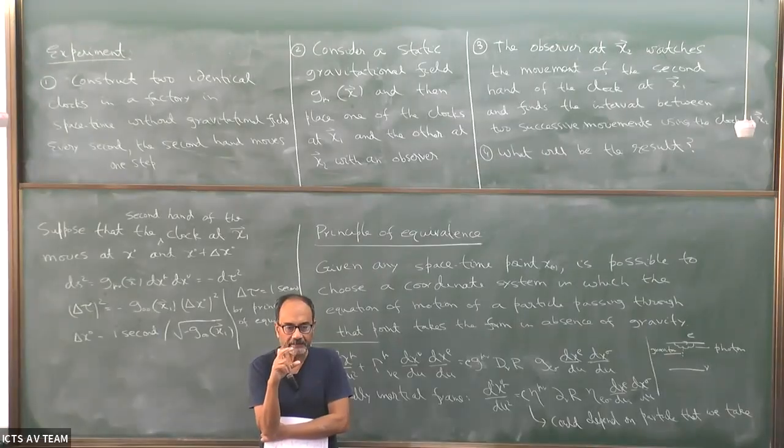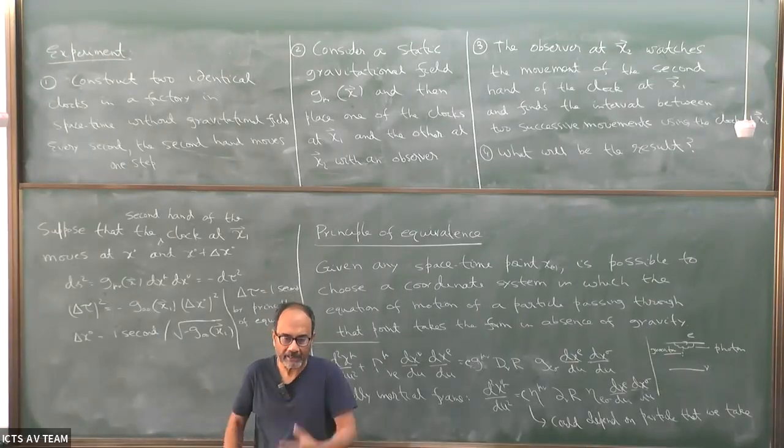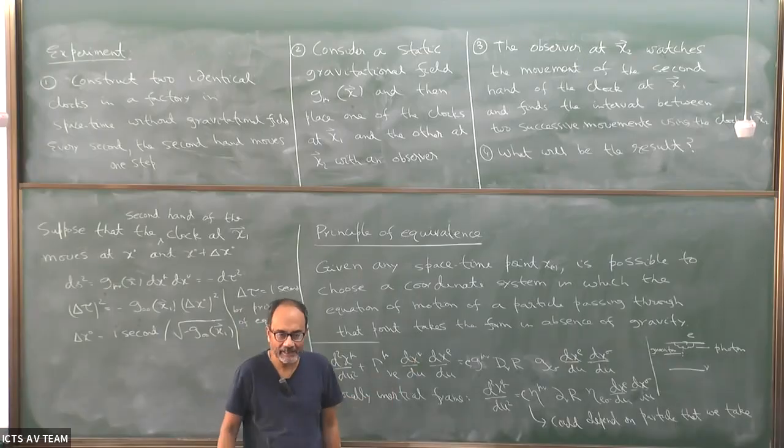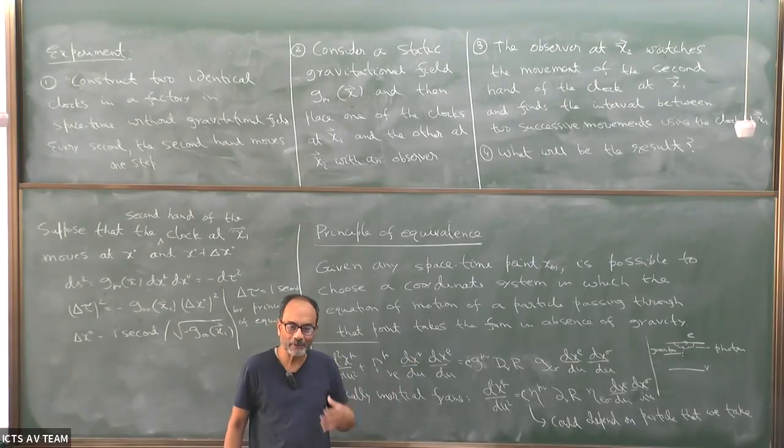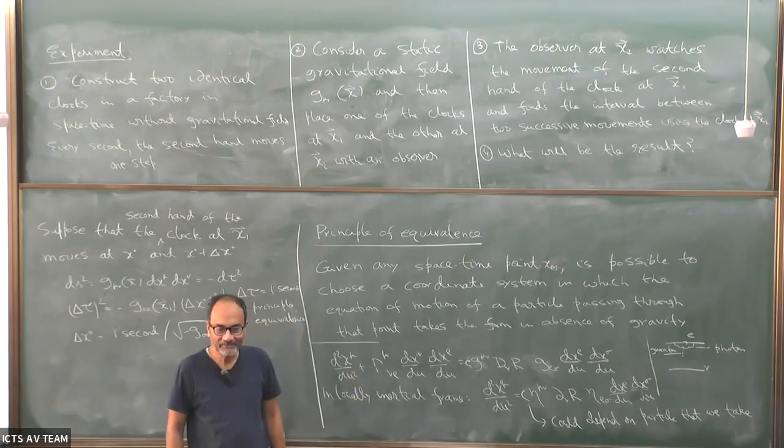But if the gravitational, imagine that you have a clock, right, and you break it, the second hand will not move, right? So an external force can change the movement of the clock, right? So suppose gravity is such that it just holds back the movement of the clock. It slows it down. The principle of equivalence is a statement that this doesn't happen. So you're saying,